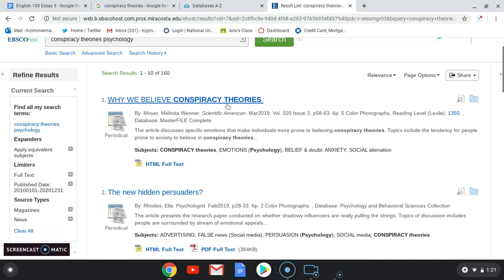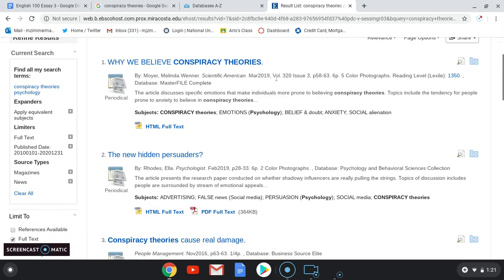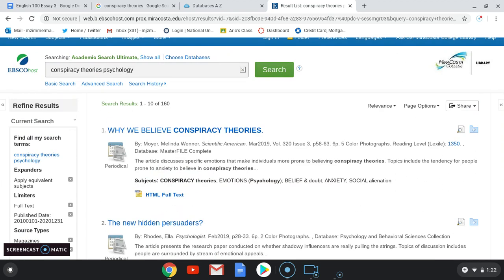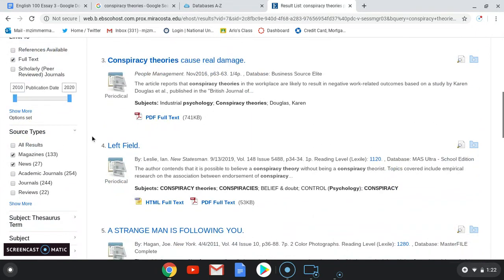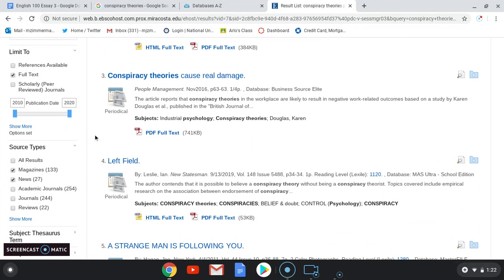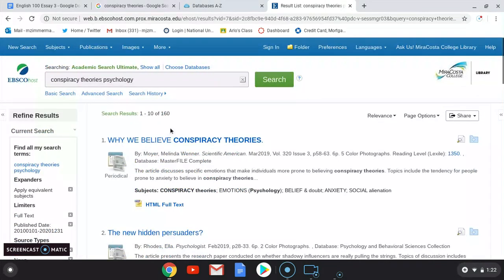So I can just start looking at these, clicking on them. I can get an idea in this short description what it's all about. I can get to see how many pages we're working with. And I can just start digging in and doing some searching. Okay, so with those few short clicks, changing the date and limiting the source types, I can go and find 160 results. So that's good.